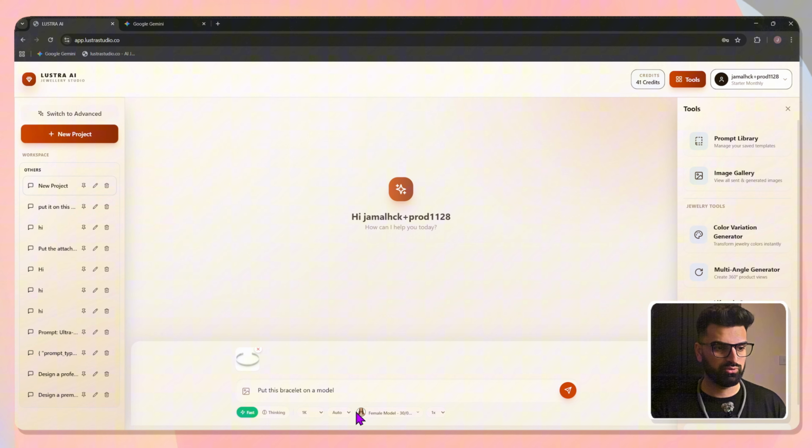Put this bracelet on a model. That's it. So we see the bangle on the model, which is fine. Okay, now let's switch to Lustra. So let's click on new project, and now let's just do the exact same. So let's put the bangle in there, and let's just copy the prompt and paste it in there,